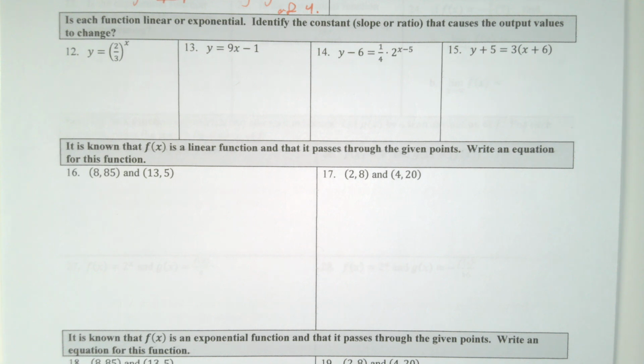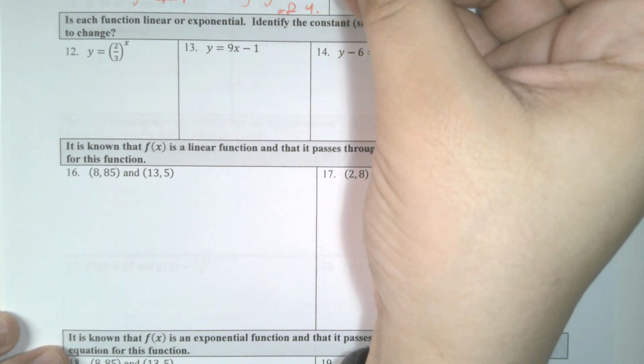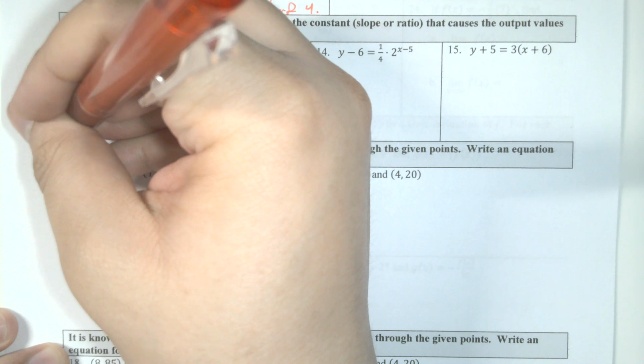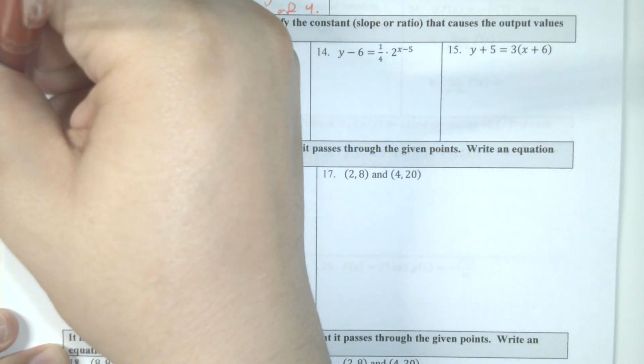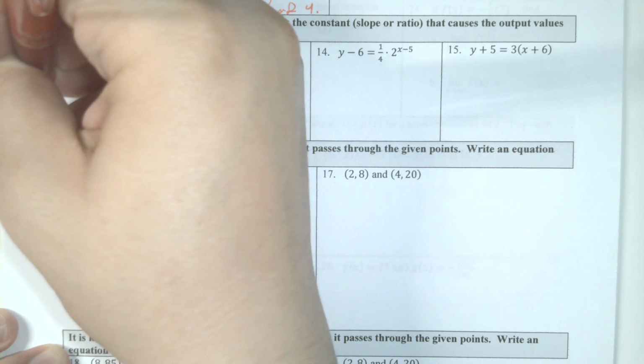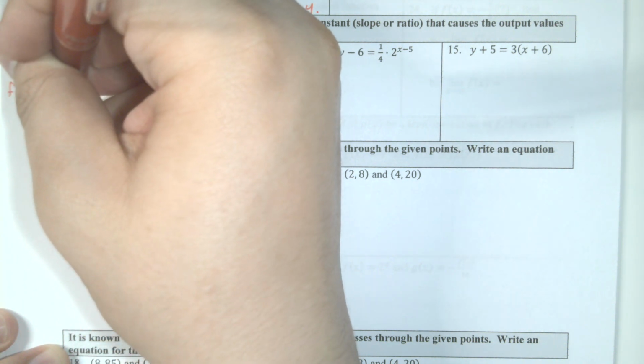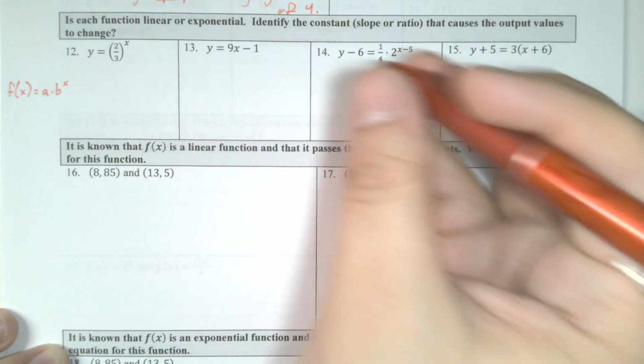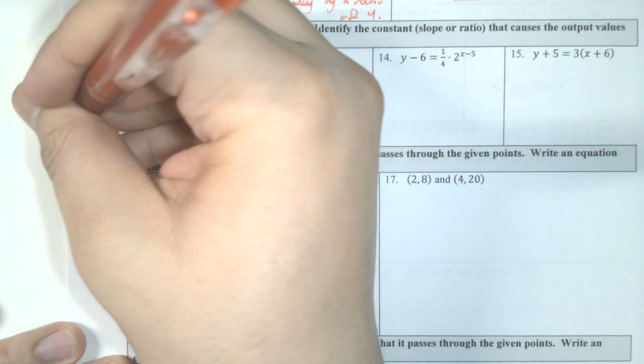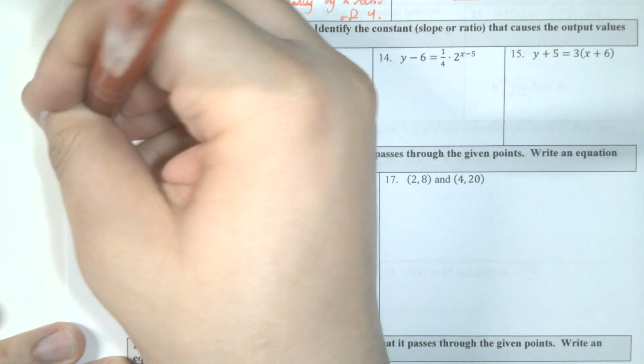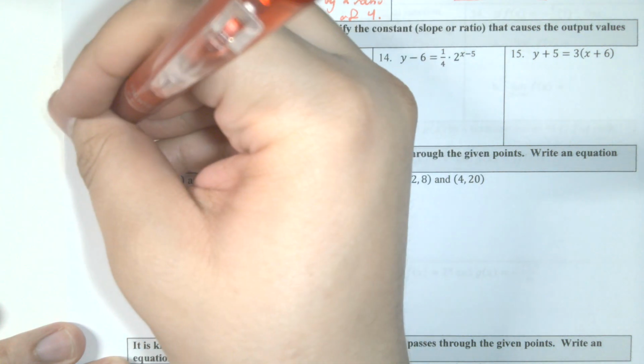All right, let's look at number 12. So we want to identify, is this a linear or exponential function? And then we want to identify the constant, the slope or ratio that causes the output values to change. So remember, exponential functions are of the form f of x is equal to a times b to the power of x. So I'm going to scoot that over a little bit. And linear functions are in the form of f of x is equal to m